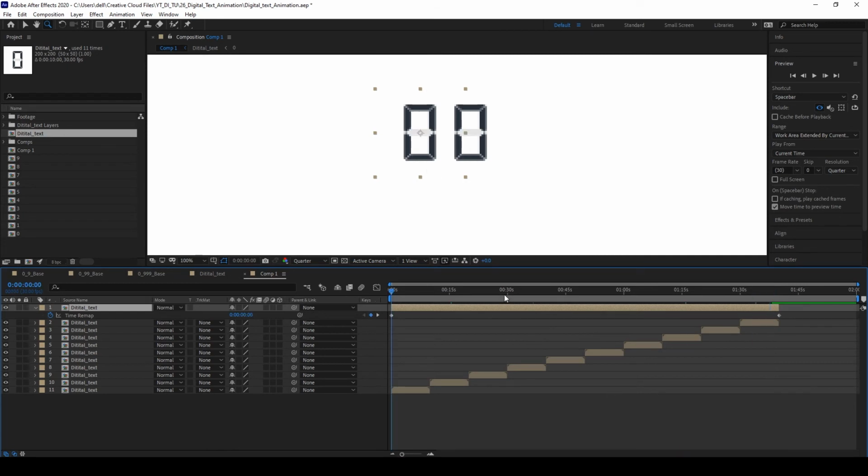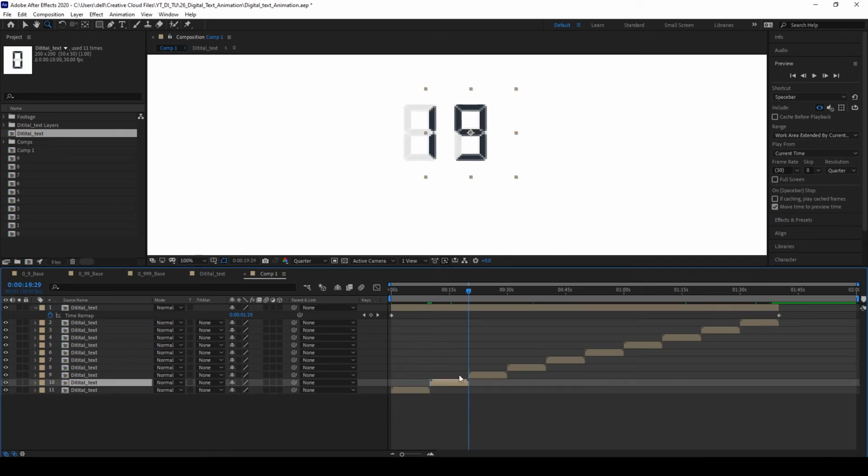I just need to check exactly when the out point is coming, whether the text is changing or not. See, once it comes to 0, the first one has to become.